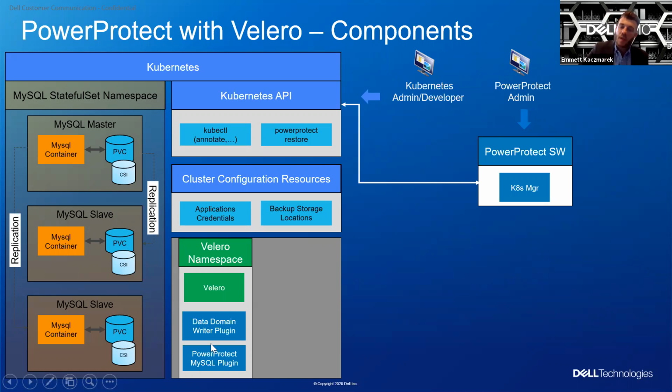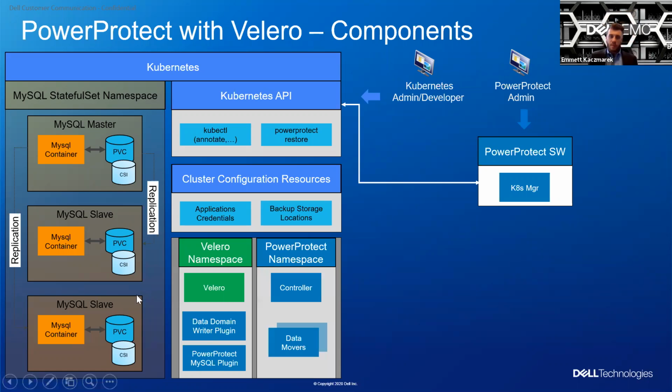And we'd also then be installing the application-consistent plugin, be that MySQL or Mongo or whatever it is that we need to install with that to provide that protection for the instance out there. From there, we also are putting in place not just controllers, but data movers. And the ability here with the controller and the data movers allows us the capability to really accelerate and increase those streams so that we're not bottlenecked by a single stream, but we're able to go up to over 500